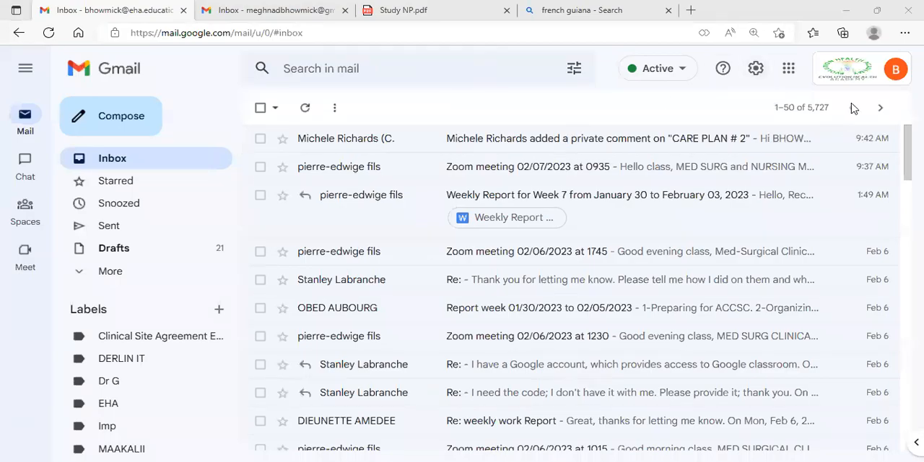Here I'm going to show you how to use Google Classroom. Before using Google Classroom, every student has to have a Gmail account. When you have a Gmail account, you can open your Gmail and then you can see at the top there's